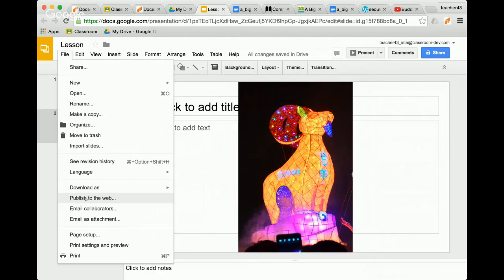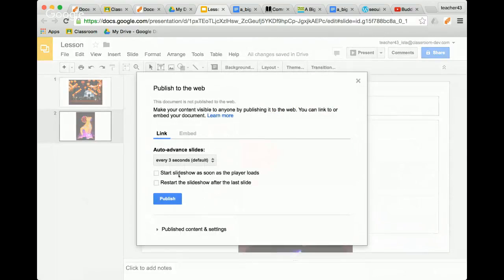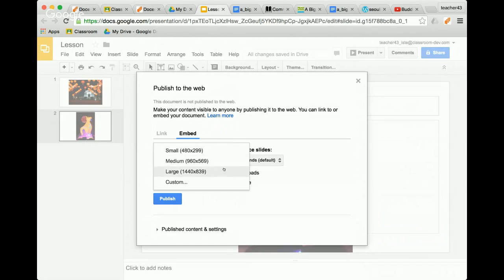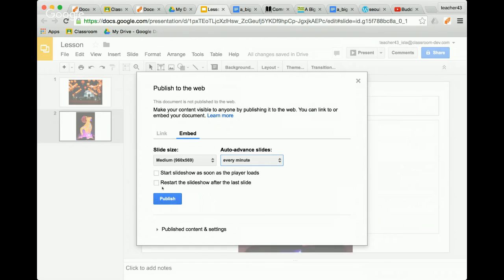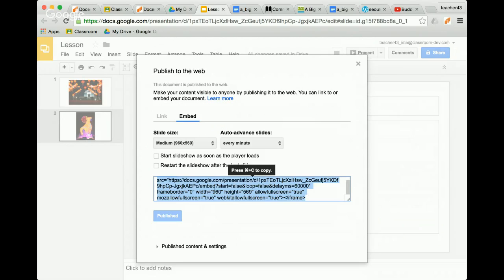clicking on File and then Publish to the Web. We're going to click on Embed, and then here you can change some of the different settings, whether it's going to be small, medium, or large. We're going to leave it as medium, and then for auto-advance, I'm just going to do every minute, so it's not real quick. And there we go. So we're going to do Publish now. Yes, we want to, and it's going to give you this embed code. So I'm just going to copy that code